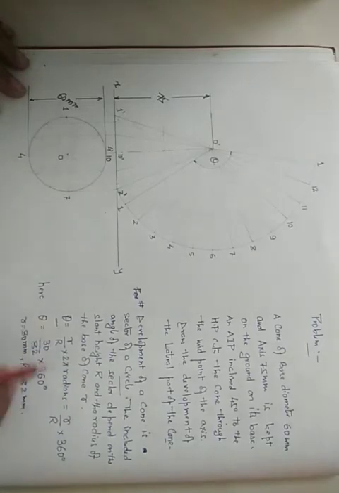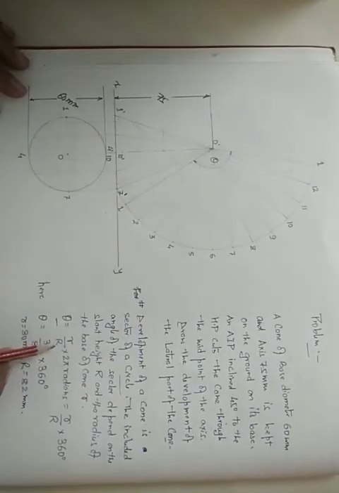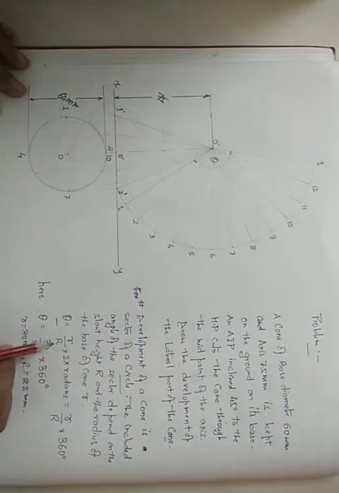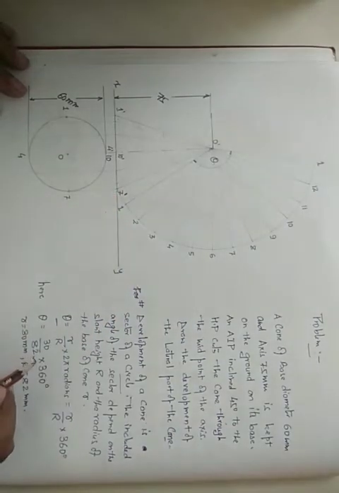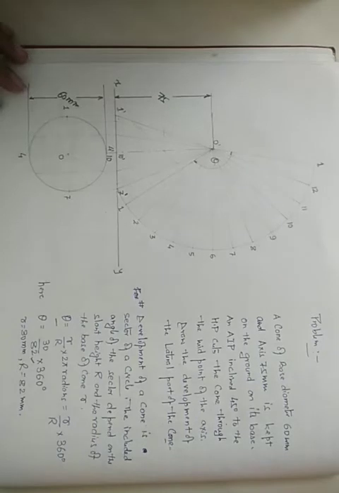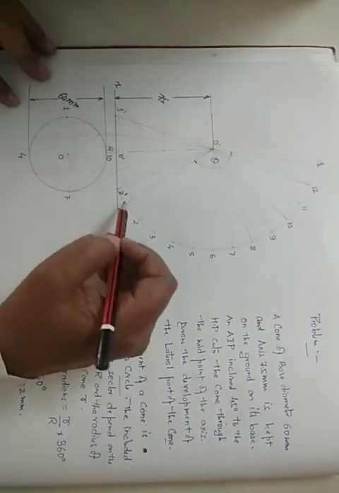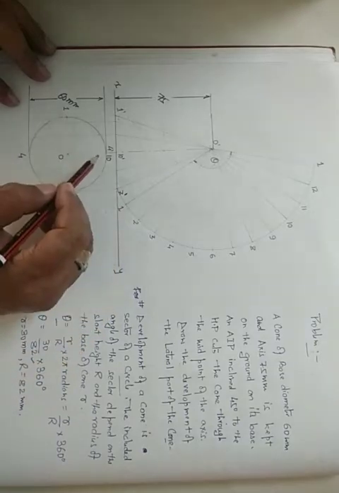Now with the help of this formula you can find out the theta angle of that sector of the circle, that is small r upon capital R into 2 pi radians, where small r will be the radius of the base circle and base of the cone, and capital R will be the slant height, that is this O-7'. In this figure the length of O-7' will be 80 mm. So if you put this formula, then the theta will be 30 upon 82 into 360 degree. You can easily find out that with the help of calculator. Then I will open this with the help of this theta angle.